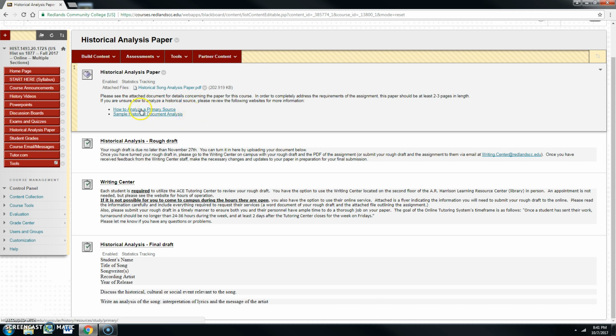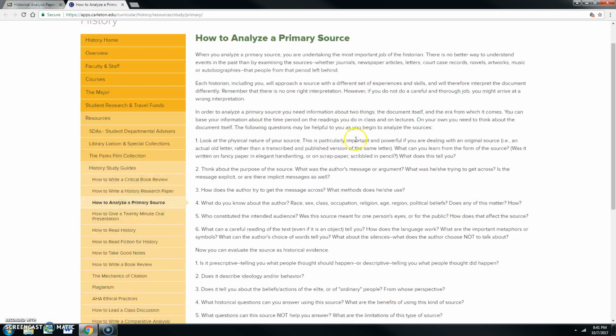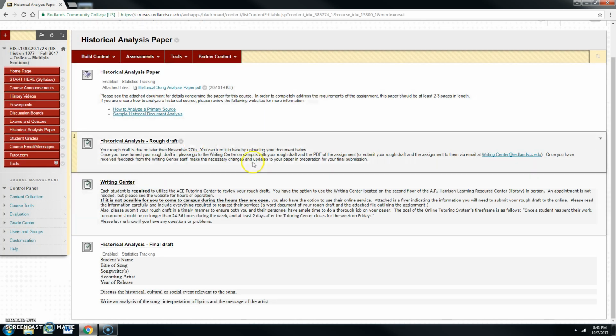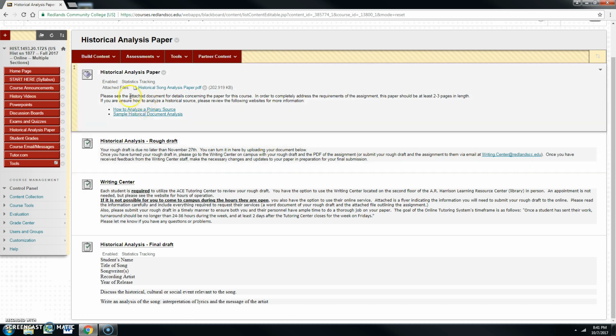So definitely look through those two links. They're both very good, and they definitely walk you through what you should be looking for if you're unsure. Like I said, if you'd like to discuss this with me, I'd be more than happy to visit with you as well. But I think that that's a really good start.